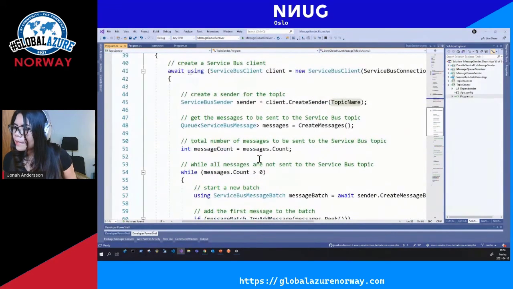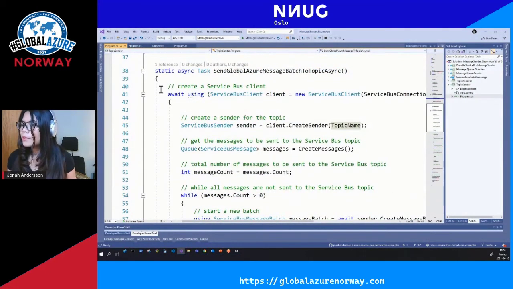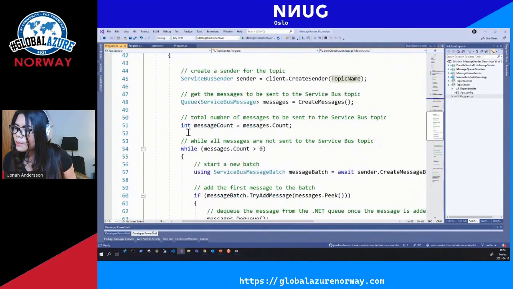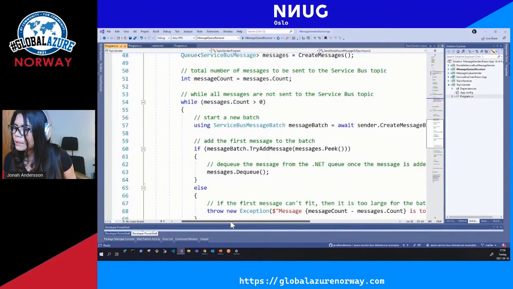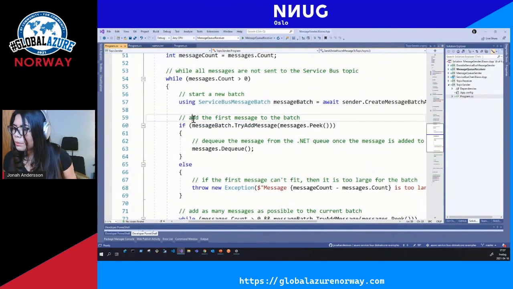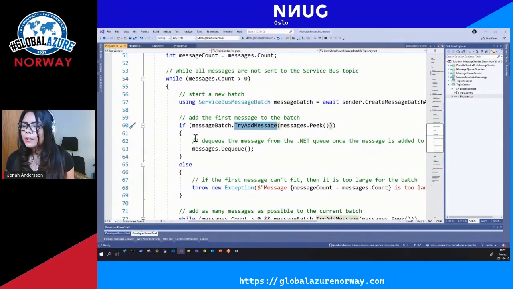And if you send it by batch, for example, if you send multiple messages to the topic, you would need to create the messages and also start an async batch, and you can use the method called TryAddMessage if you want to do some error handling and make sure that you don't get an error. So it's good to have TryAdd instead of just adding the message.